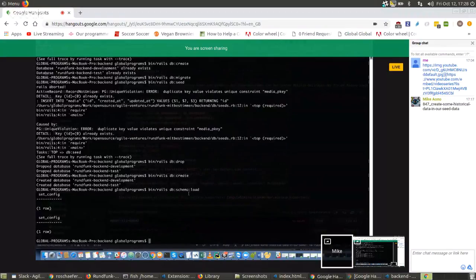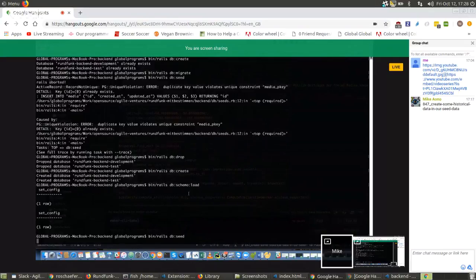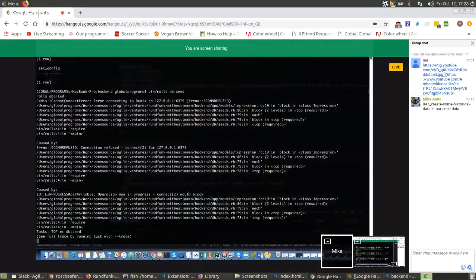Okay, now you can try seeding it. Right, so yeah, now we got to that failure again, because it's not allowing you to connect to Redis.